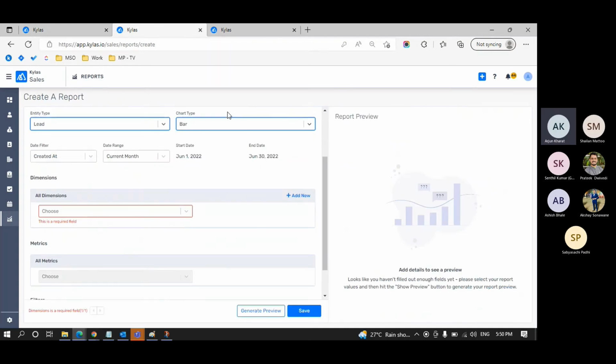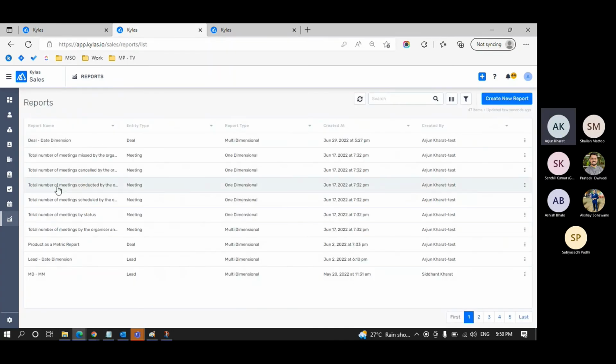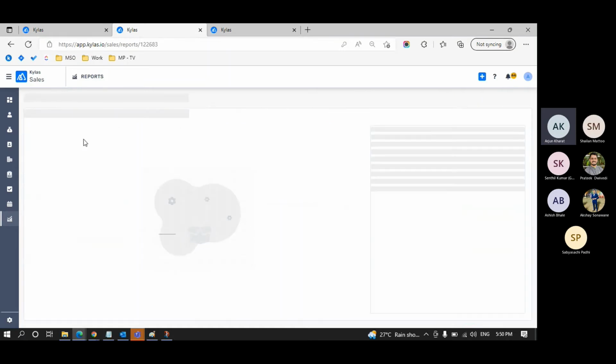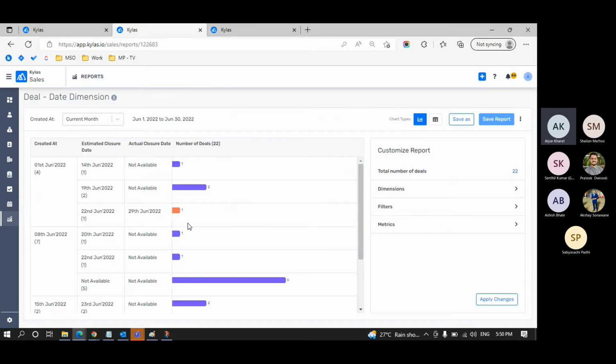Similarly, let me show you one more example that is related to deal. Here I'm seeing when a deal got created. Also, I have added the estimated closure date as one of the date dimensions here. This is the estimated date that I set when I created a deal, on which I should be closing this deal, and the actual closure date is when we actually mark the deal as won, closed or any other